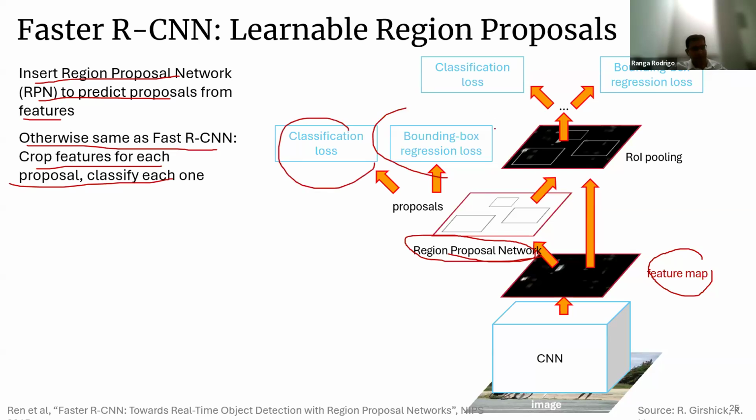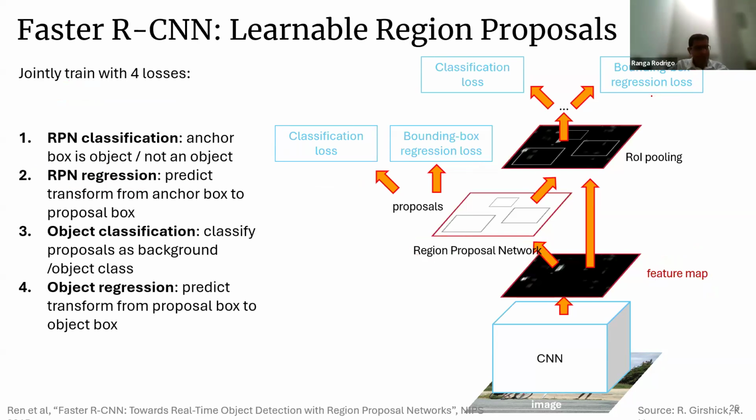Classification loss, bounding box loss, and then classification loss, bounding box loss. So they have some kind of a training curriculum: you do this first, you do this next, and so on. So we will not go into that detail. If you like, you can look at this. But faster RCNN has learnable region proposals, jointly trained with four losses: RPN classification,